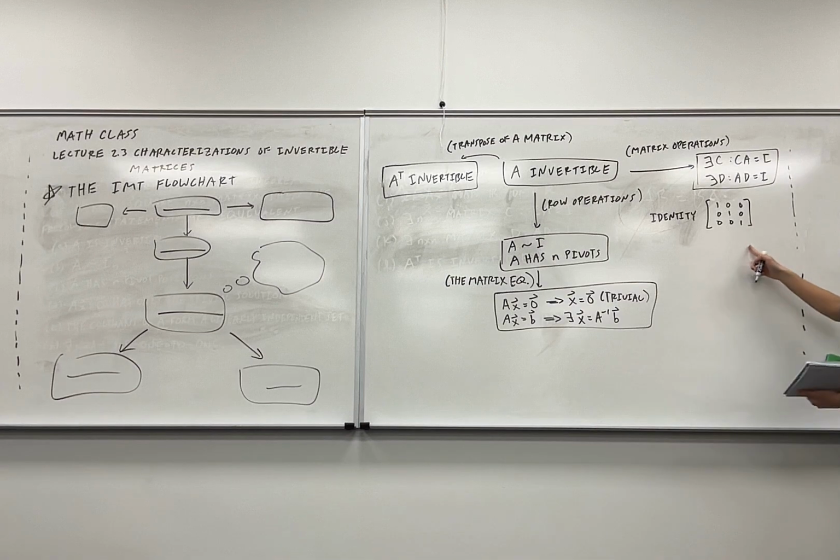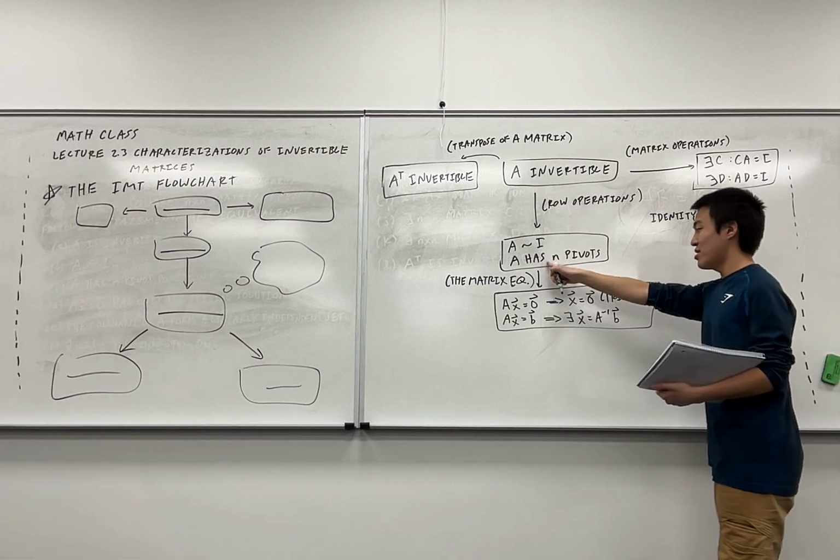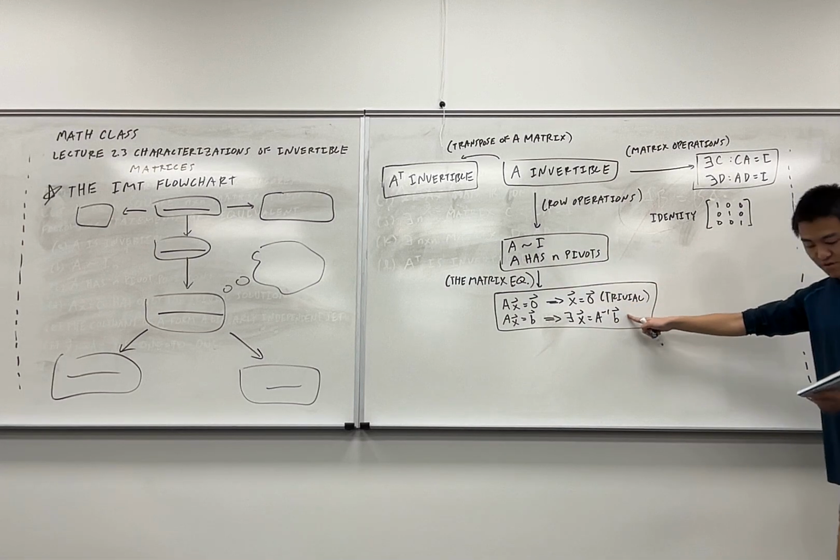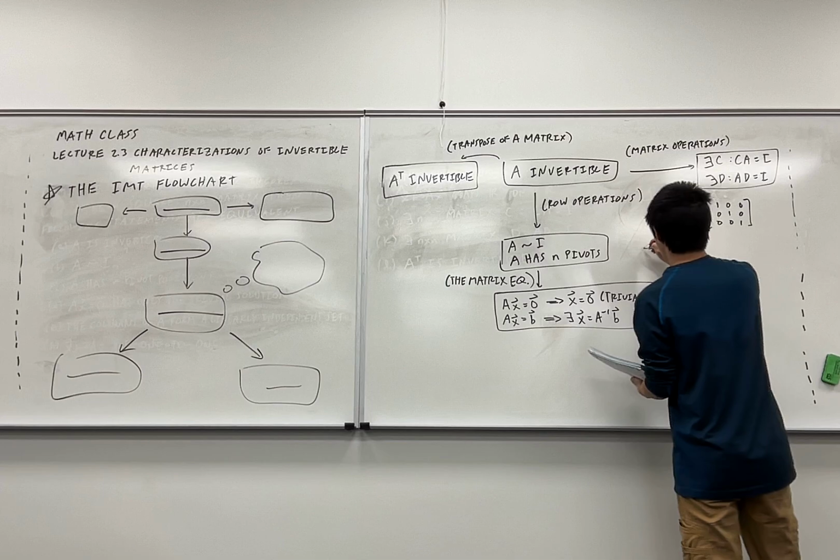I didn't have to draw this in 3 dimensions, but it's convenient. How many pivot positions are there always going to be in these identities? The same number as the number of rows. So how does that help me with this? Well, because of the matrix equation,